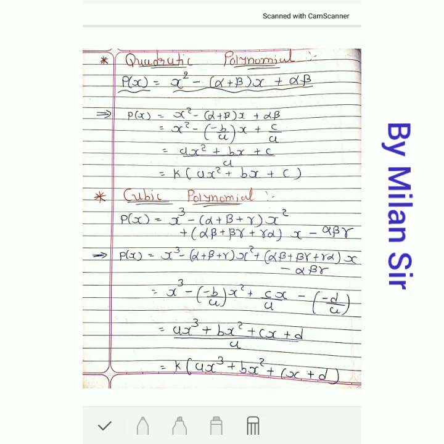Okay, so in both the polynomials, means quadratic polynomial and cubic polynomial, if a quadratic polynomial is asked, then alpha plus beta is given in the question and alpha into beta is given in the question. Okay, and if a cubic polynomial is asked, then these three things are given in the question. Okay,